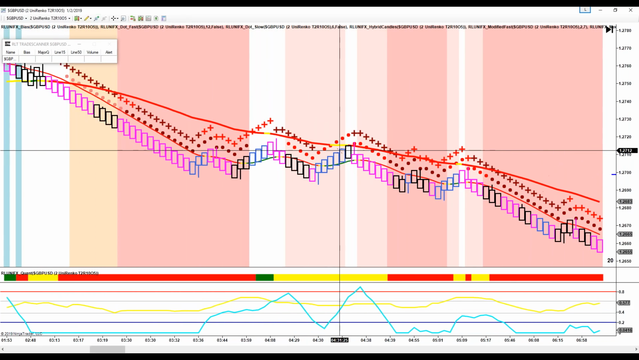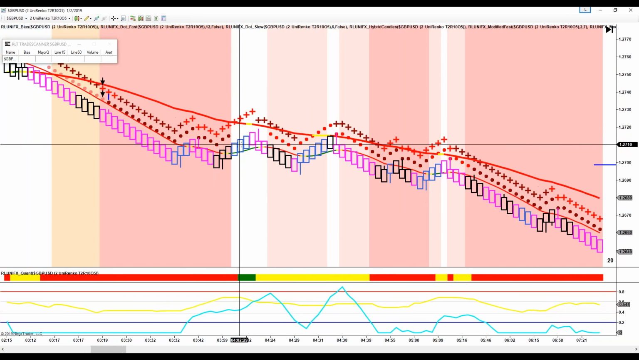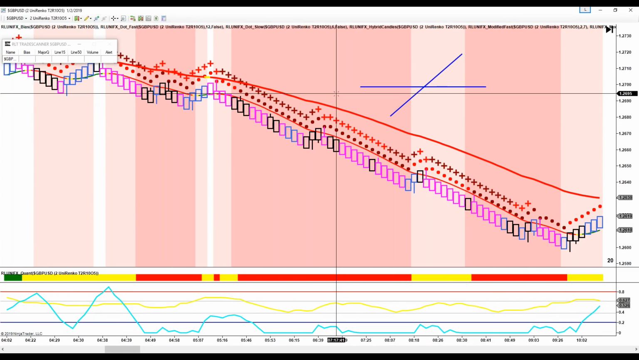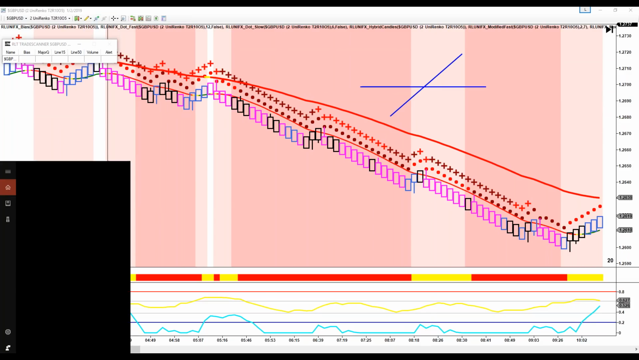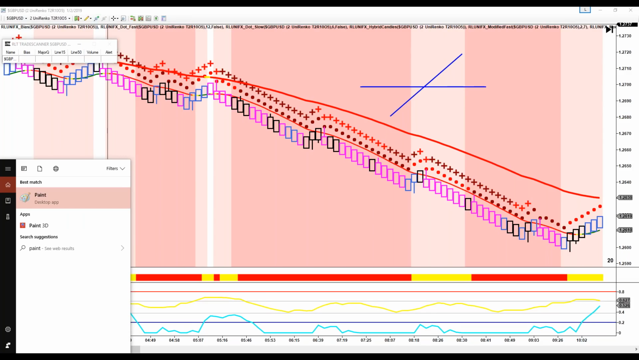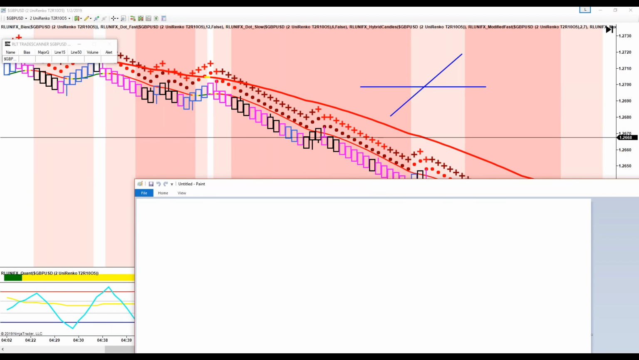And I'm just trying to find one area where, see, here are the three colors. This is the lightest color, second lightest color, and here's the darkest color. Now, when you have the darkest color on the correlative markets, you know what I'm going to do? Here's what I'm going to do. I'm going to do it on paint. It's a lot easier. When you have the darkest dots, either dark pink